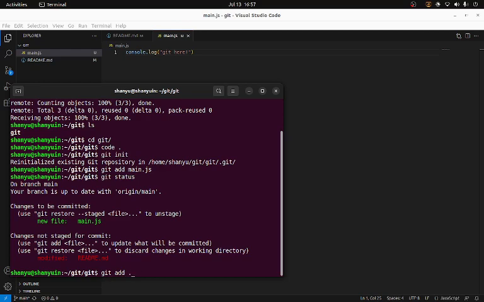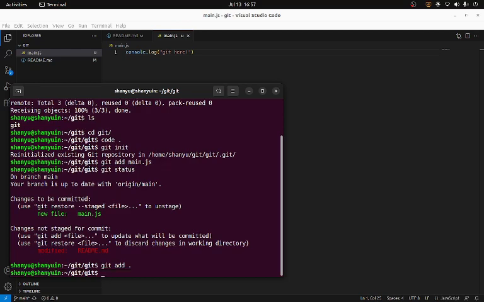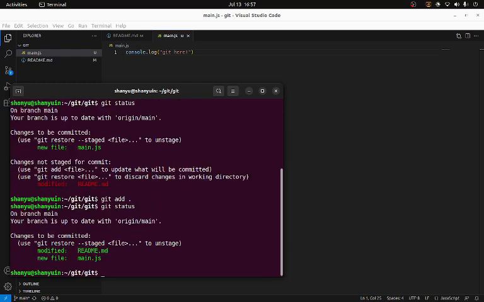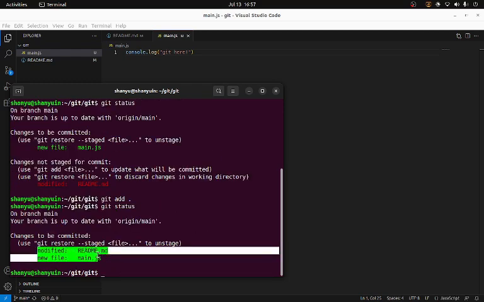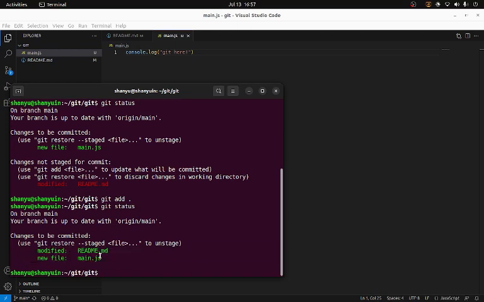This dot represents that all the changes which you have created will be staged, or tracked by git. And now when I do git status, see, git has staged all these changes, and now